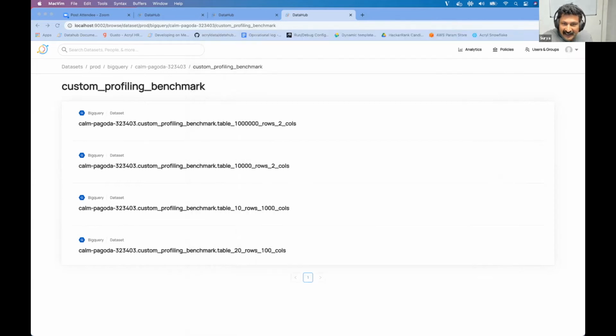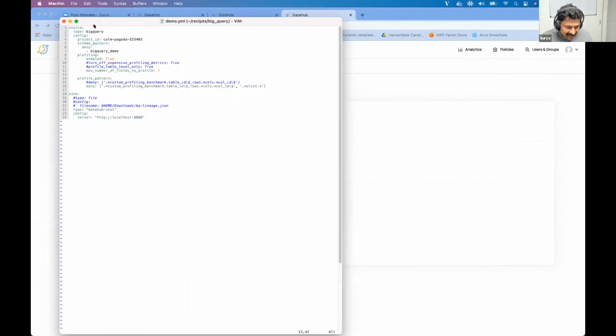Now I want to demo this. Without turning off expensive profiling, and nothing more fancy, I just want to show what it looks like to profile one column fully.